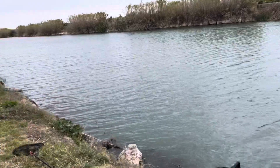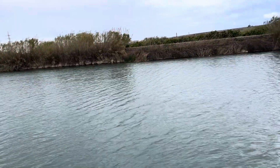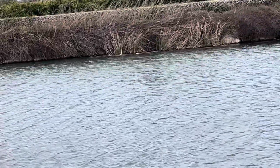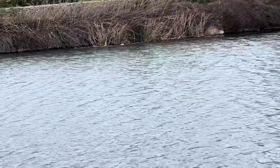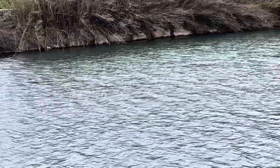And the second section, Jamie there, took into that reed. Now last year, I drew that peg, took into that little reed bed there. And he had, I think, 5 fish yesterday. I think he's had a fish off there, because I've got some nice reeds, and it appears that's what you want. You want something in the water. It's almost like there's cormorants on and the fish have gone under the reeds. Now, I don't know whether that's the case, but whether that's fish bad, I don't know. So